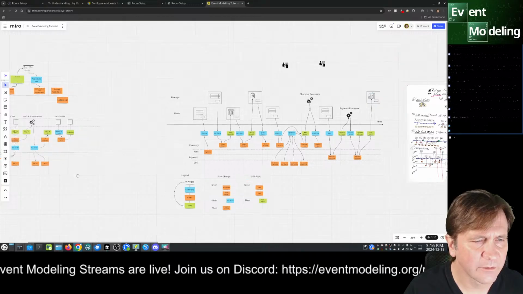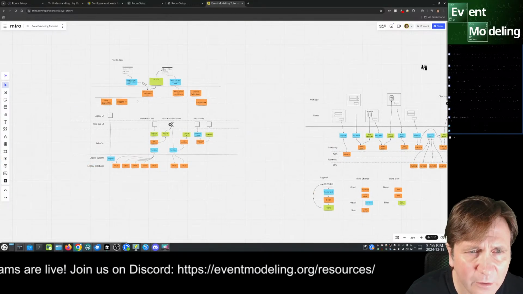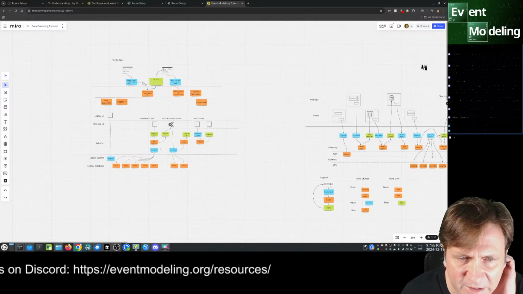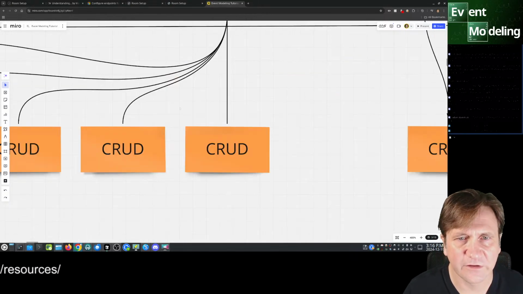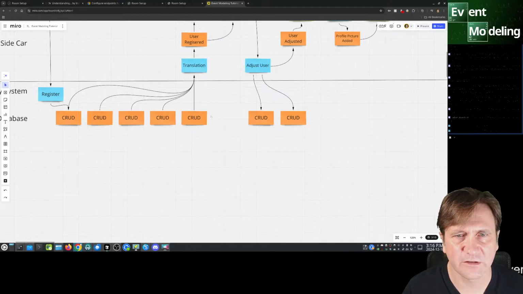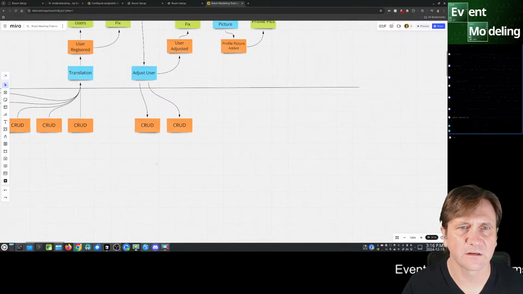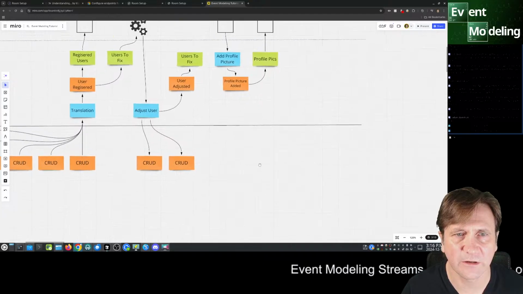What else do we have here? Do we have anything else here? What is this? Oh, the legacy stuff. Does that have any of these? Yes. This stuff needs to be changed as well. This has to be gutted. So our legacy stuff has to be changed as well. Yep.